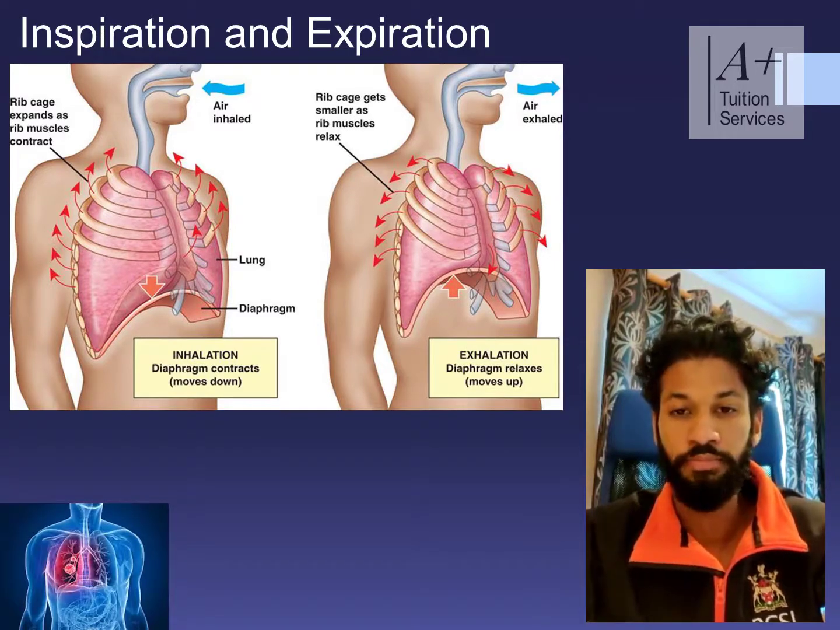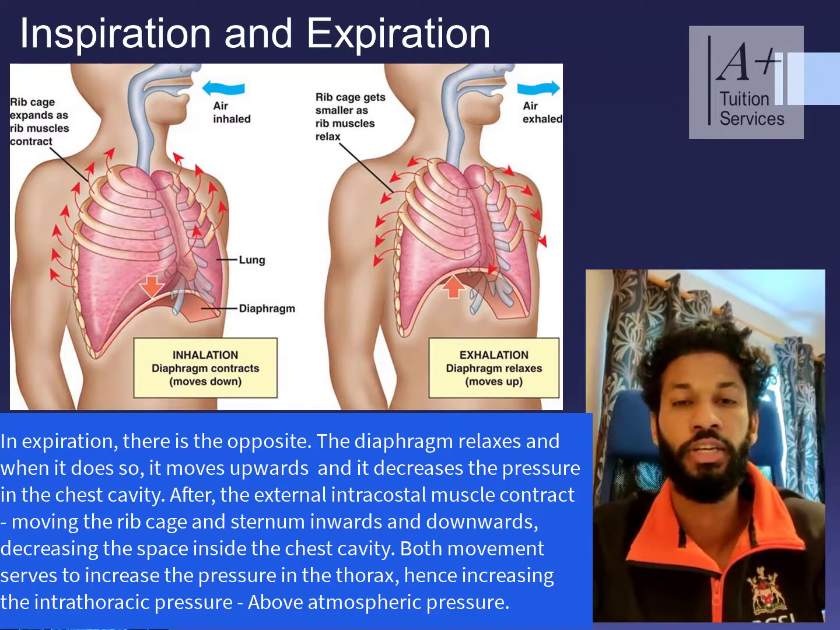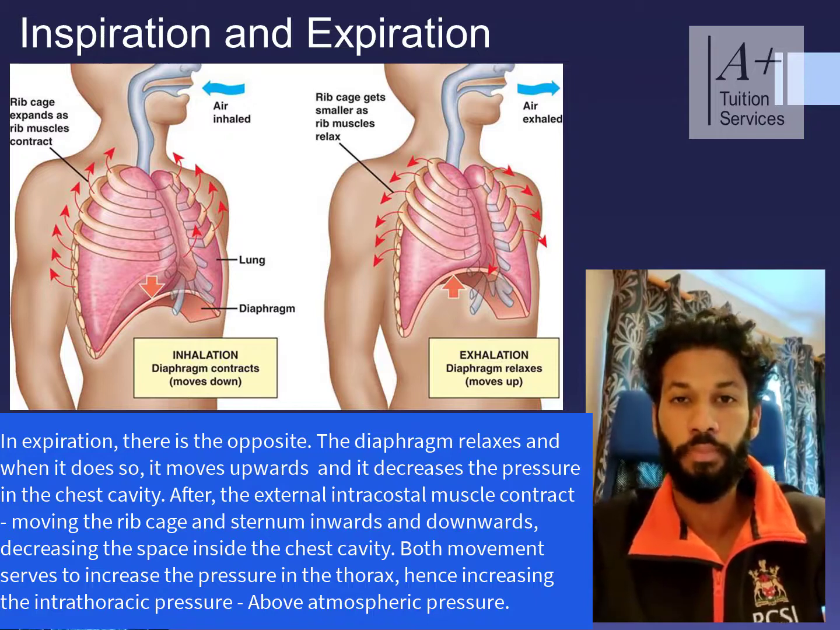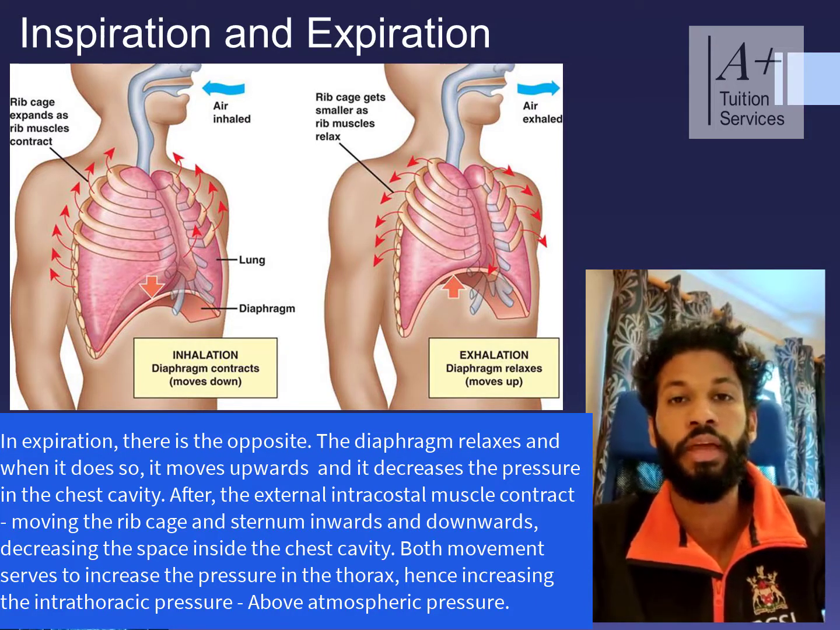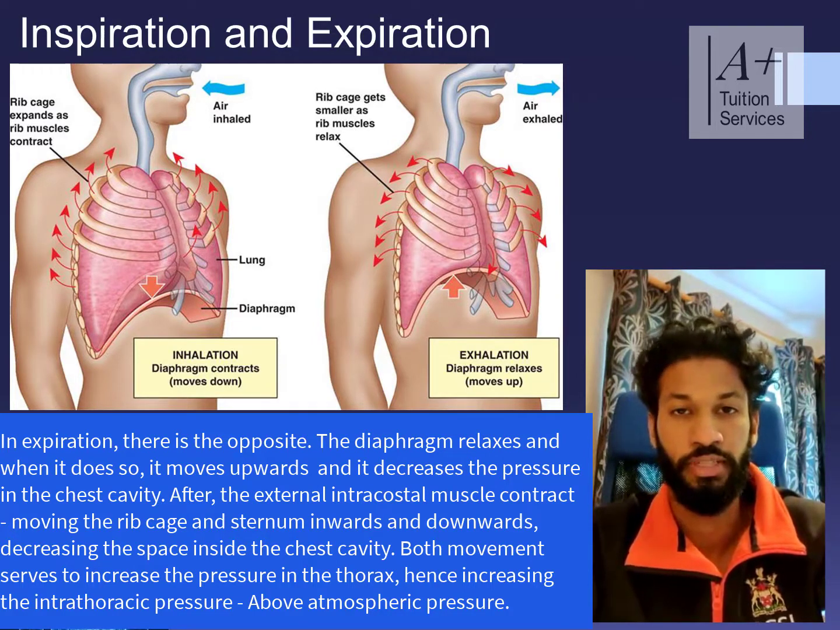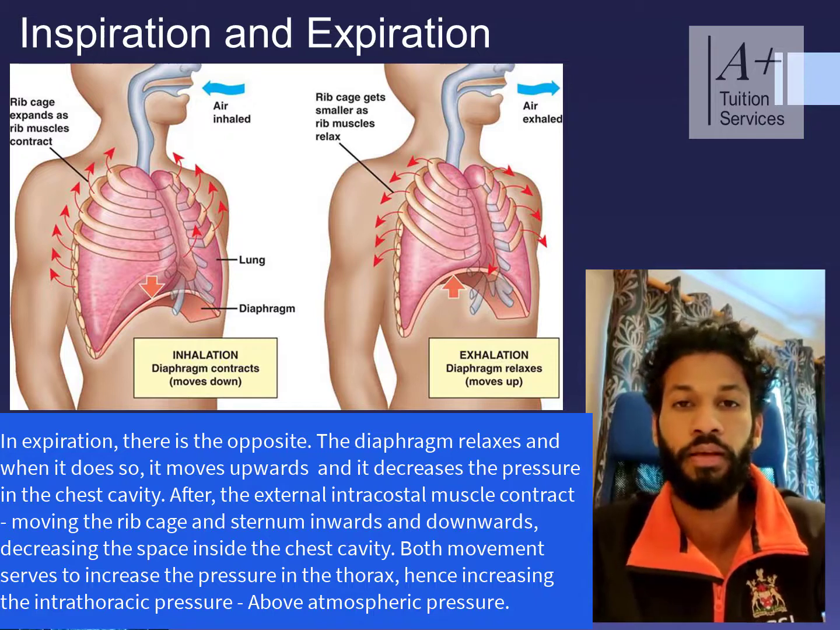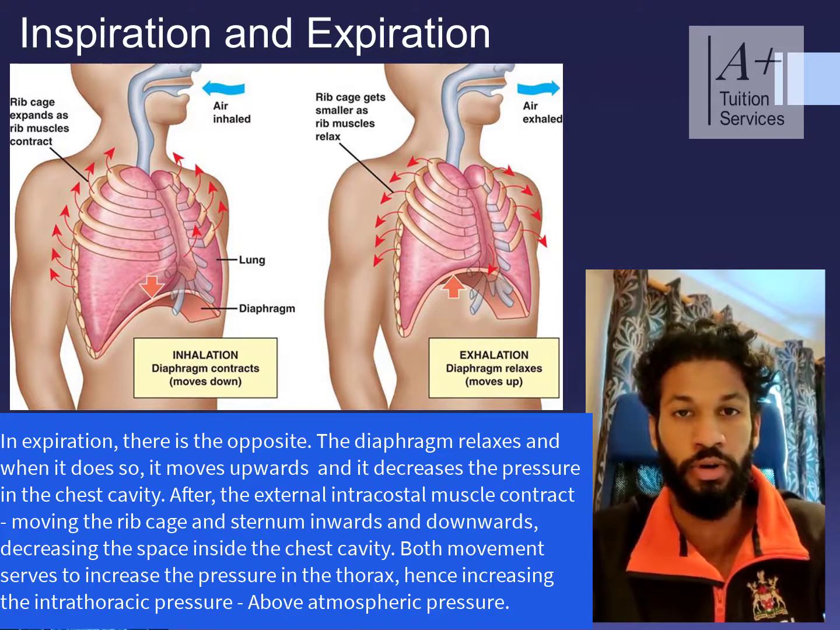In expiration, you have essentially the complete opposite. You have the diaphragm relaxing, and when it does so, it moves upwards and it decreases the space inside of your chest cavity or the thorax. Then you have the external intercostal muscles relaxing and the internal intercostal muscles contracting. And by doing so, they move the rib cage and sternum inwards and downwards, also decreasing the space inside of